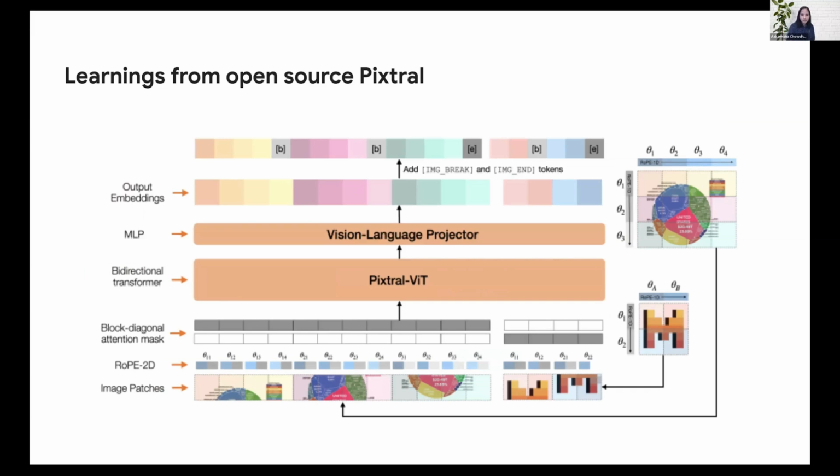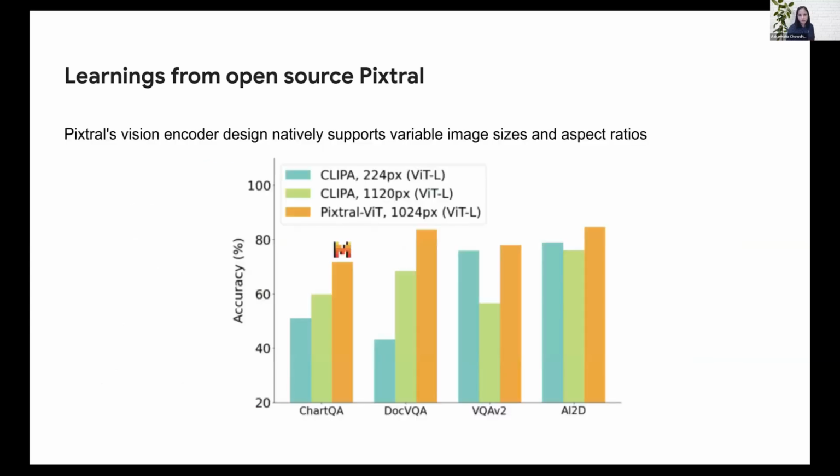Another interesting aspect in this particular architecture is the RoPE 2D encodings, which facilitate these variable image sizes. They say that the way they have designed the RoPE 2D encodings is by enabling them to have a relative property. So it is the relative difference in height and position that is all that matters in these position embeddings for vision, and not the absolute position. Both of these seem like important properties that we will need in computer use cases and in robotics use cases, where you will need to have better scene understanding.